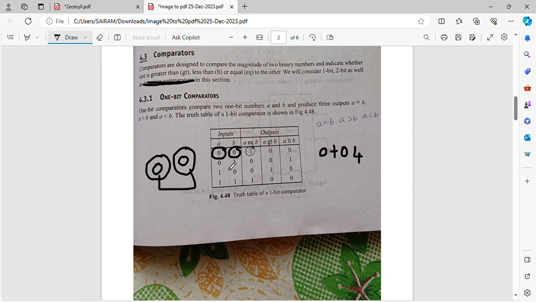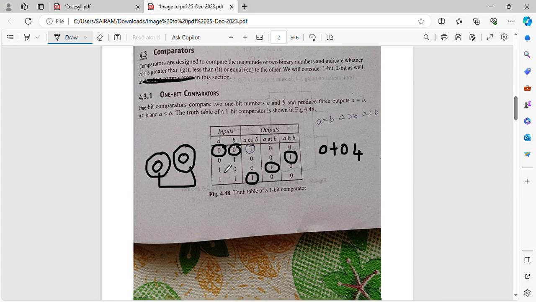And next 0 1. What is 0 1? So 0 is lesser than 1. So whereas 0 is lesser than 1, here we're supposed to put 1, that is A lesser than B. Right? This is A and this is B, you can see here. And 1 0. So is 1 greater than 0 or lesser than 0? It's greater than 0, right? So let me put it as 1 here. And for all others it is 0 as told. And 1 and 1. 1 is equal to 1, right? So put 1 here, that is A equal to B. All others are 0 as told.